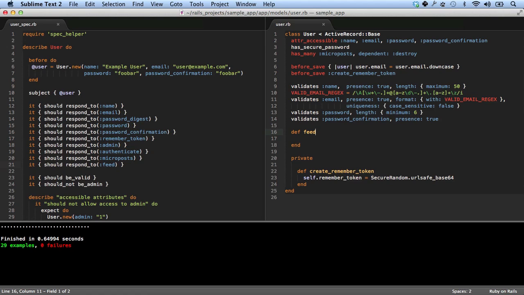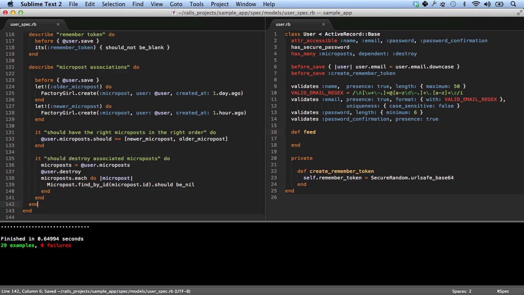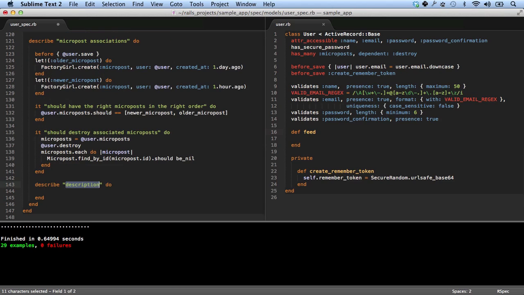Alright, so it's empty, but let's think about what this feed should have. Alright, so this is going to be part of the micropost association, so let's put it in here. Micropost association status. So inside of here we have an older micropost and a newer micropost. These both belong to the current user, so they should both be in the feed. So let's say its status feed